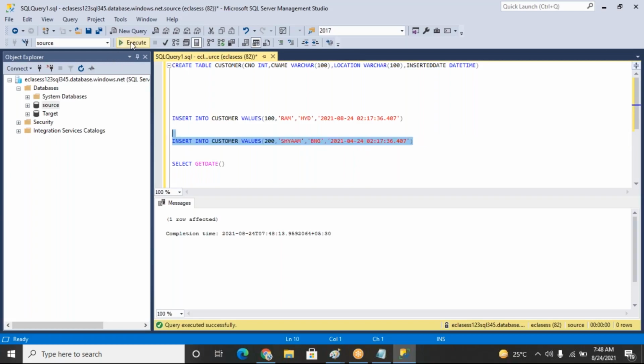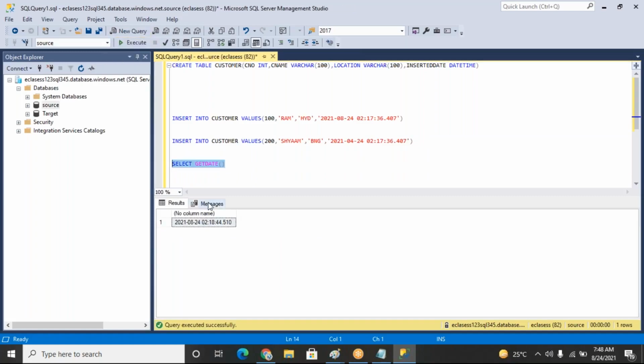Okay, so two records I'm inserting inside this table. All right, select star from